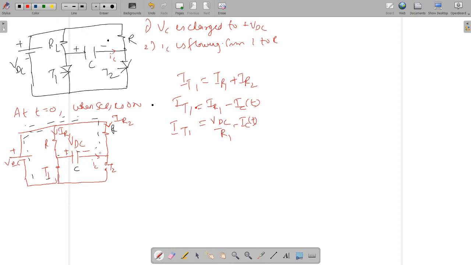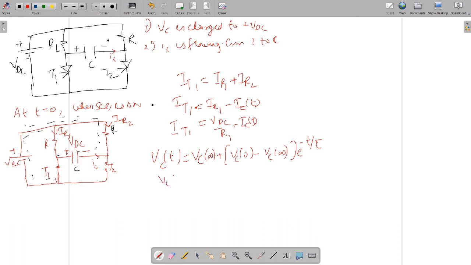Now if you want to write the equation for the capacitor voltage, then what will you write? Vc of t will be equal to, please mark this equation as I have already told you in the RC circuit, Vc of infinity plus Vc of 0 minus Vc of infinity, e to the power of minus t upon tau. Now in this case, tau means what? Tau is the time constant of the circuit, meaning how much time it will take for the signal to reach a steady state. So now we have to put Vc of infinity and Vc of 0 in this equation.